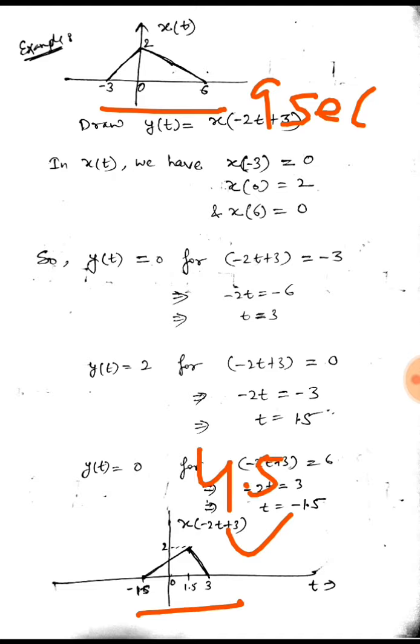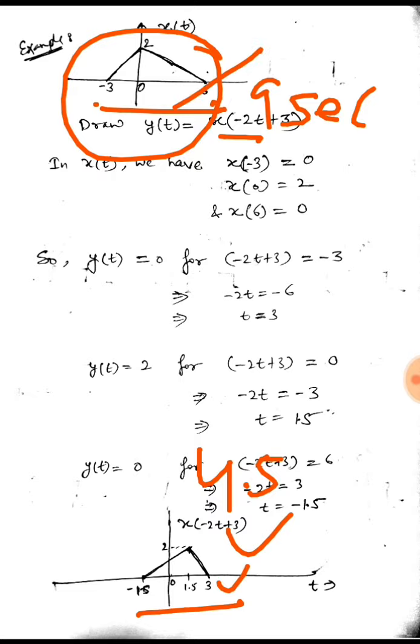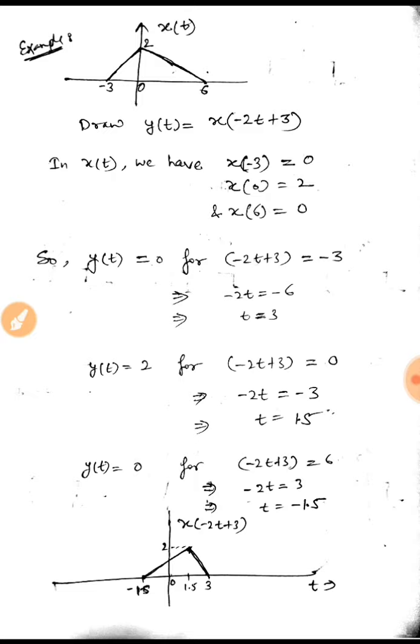So it is compressed as it is multiplied by 2. Also this signal is the mirror image of this signal. It has reversed, because the value I was getting at -3 has now come at 3, and what I was getting at 6 I am now getting at -1.5, and it is shifted also. So this is how we can do these sorts of questions